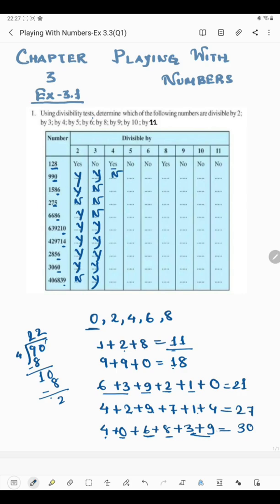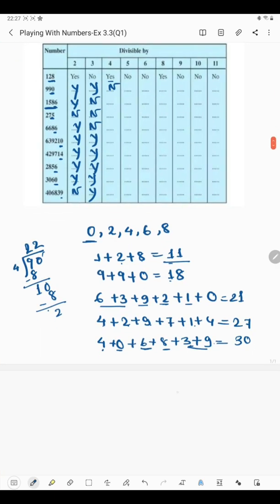Okay, now next we have 1586, in which 86 is the last two digits, and if you divide by 4, then we will have 4 2s are 8, now 6 will come down, so 4 1s are 4, that means this is also not divisible by 4, so we will write no. Now we have 75. Now 75 cannot be divisible by 4 as here is an odd number. Now next we have 86. 86, we have done before, that 86 cannot be divided by 4. So here also no.